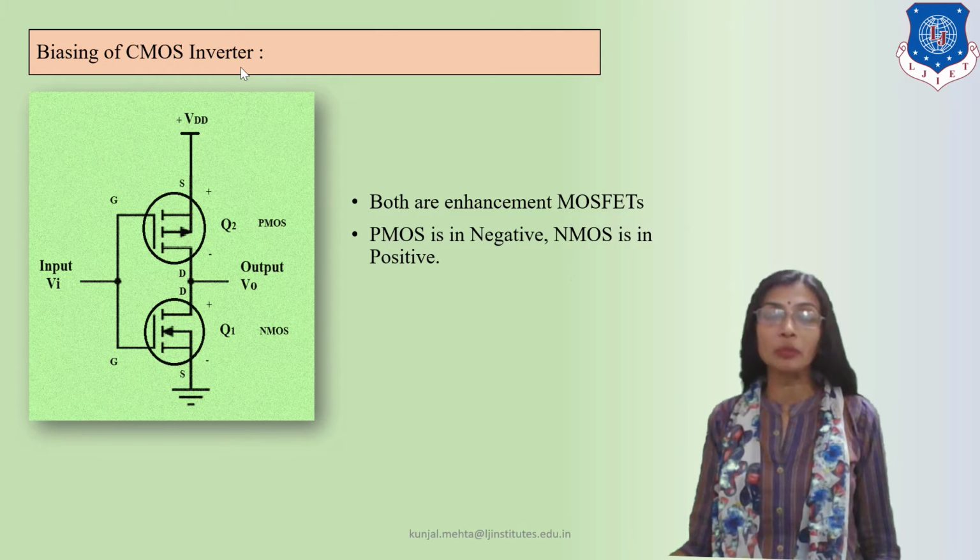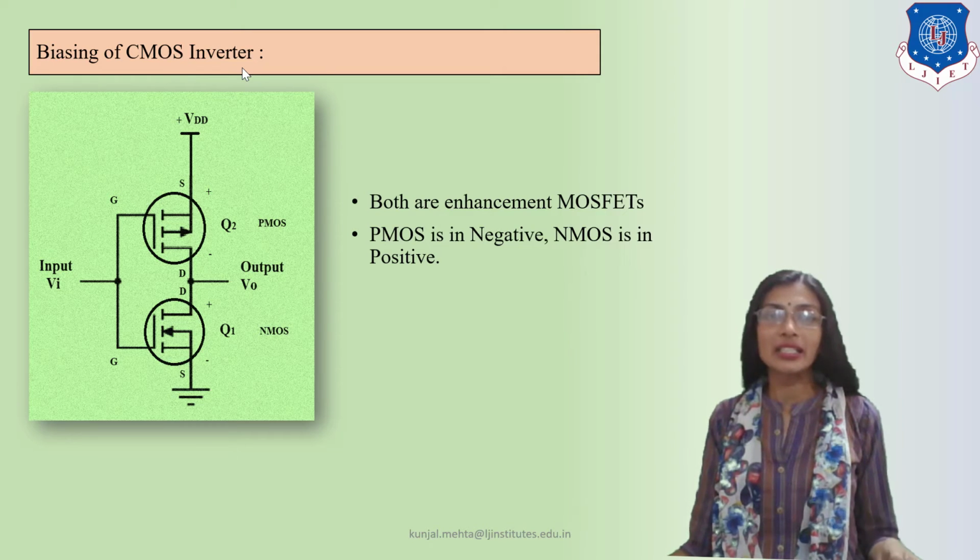Now let's discuss the operation according to this. Input is 0 or input is high. So how does the inverter work? Digitally we have only two inputs, 0 and 1. 0 is the low input, and 1 is the input for indicating the high input. So 0 digitally means analog 0 volt, and 1 digitally in analog values is plus 5 volt.